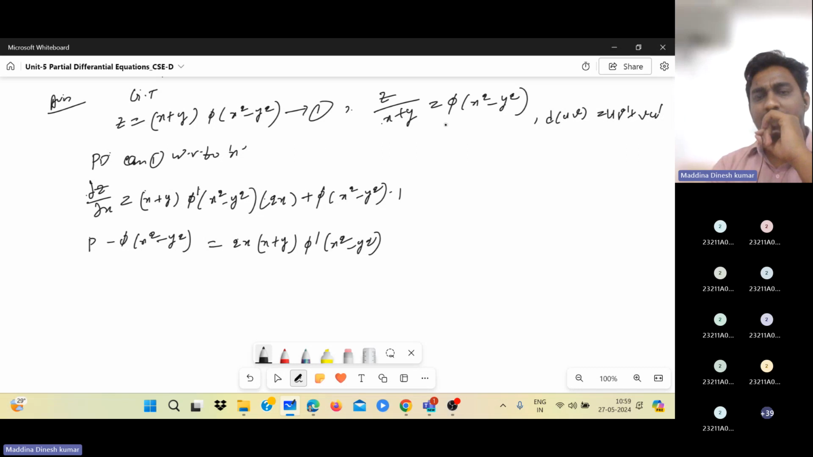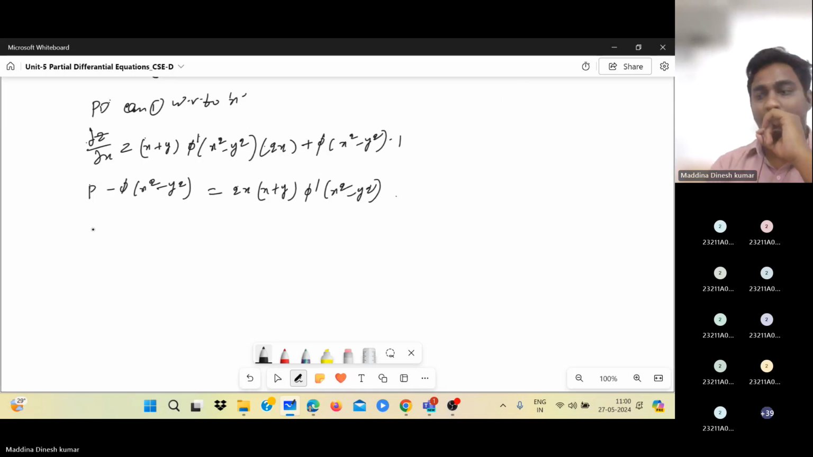So here I said earlier also, wherever the pi function is there, in that place you can write z by x plus y by using equation 1. So here pi is there. So in place of pi, you can write z by x plus y. So I'm going to write that. P minus